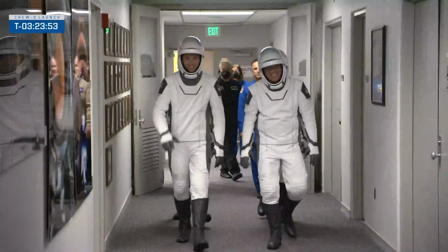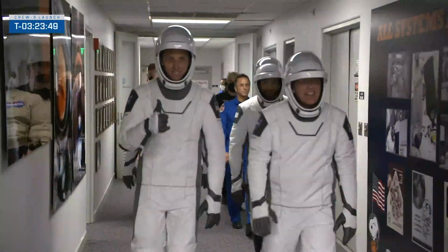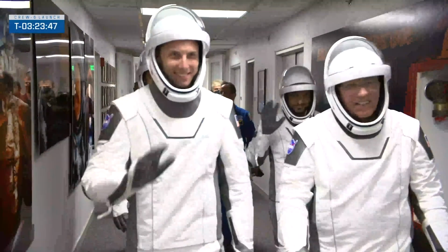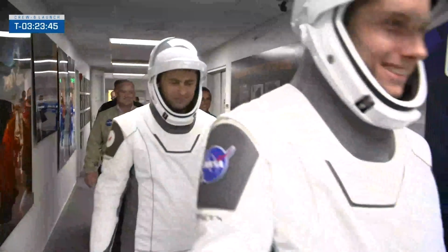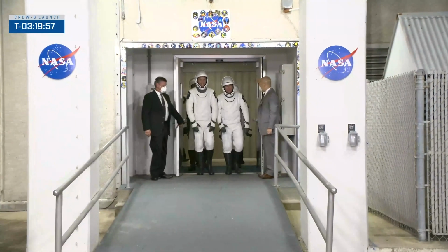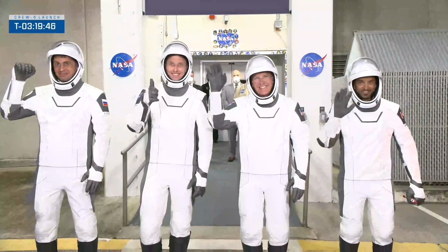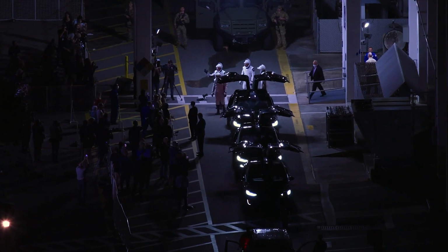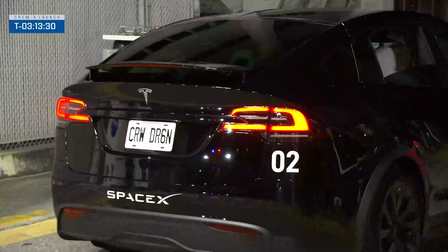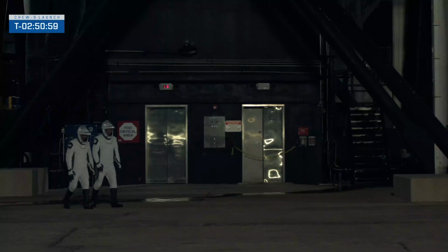Went down to Kennedy Space Center, and we walked out about 3.5 hours prior to launch. This is the astronaut crew quarters at KSC. There's a suit-up room down there, and this part is pretty choreographed. We're on NASA TV for all this, and I got a chance to wave to my mom and brother. They were down there for me before I got in the Tesla vehicles that take us out to the